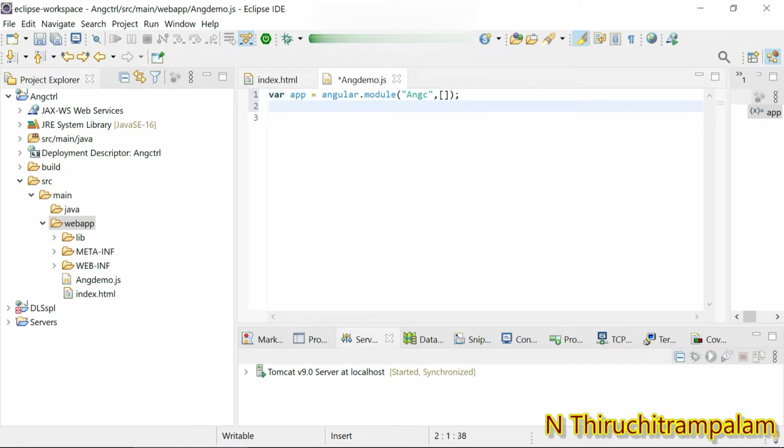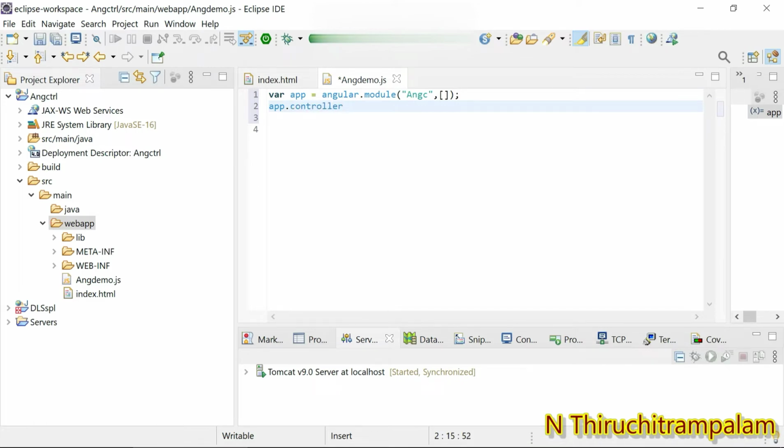Now I'm going to create the controller. How do we do this? The module ANGC is stored in the variable app, so to access ANGC, I can use this app variable. I use app dot controller.